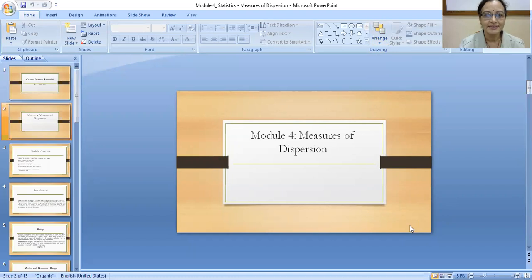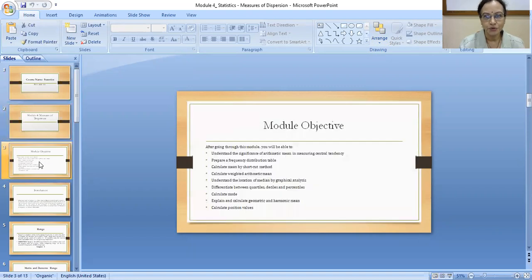Hello students. Now we are going to start with module number 4, that is measures of dispersion. The objectives of this module are to